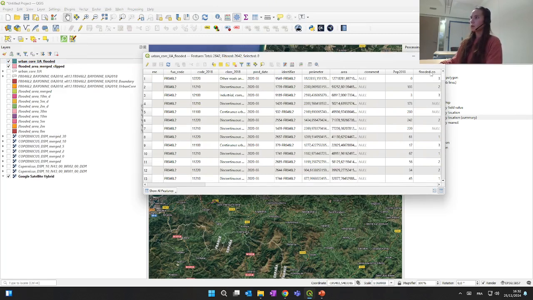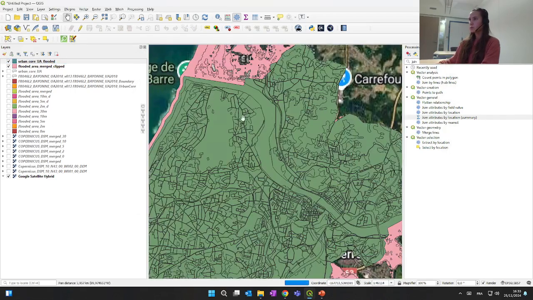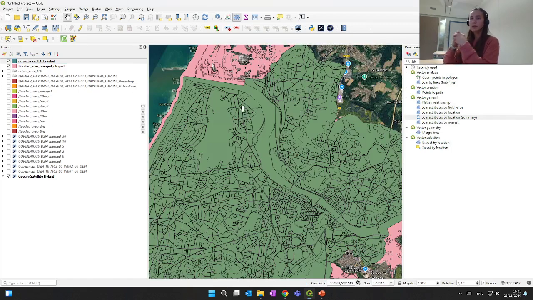one new, sorry, column. This is called flooded count actually, because it's cropped, which means that in each polygon there's 3, 2, or 1. It means that if it has 3, this small polygon of this urban area, let me show you, it means that it intersects with all 3 layers, with all 3 features of our